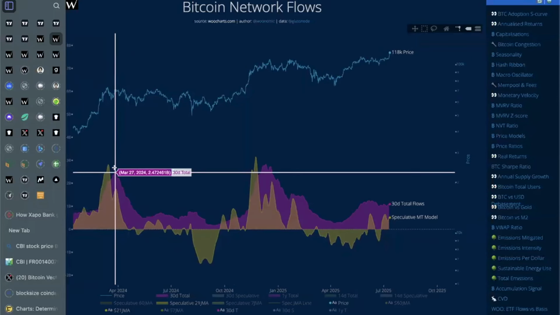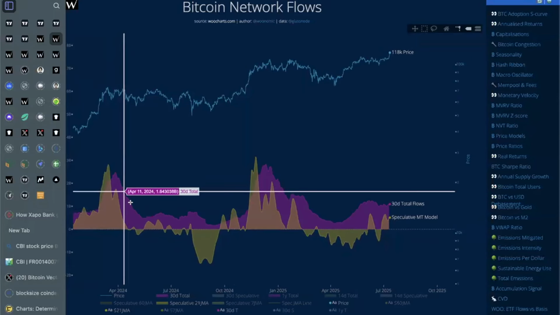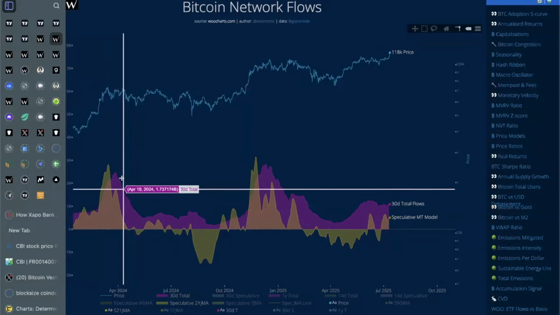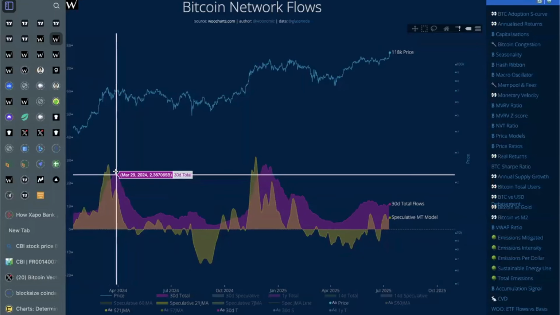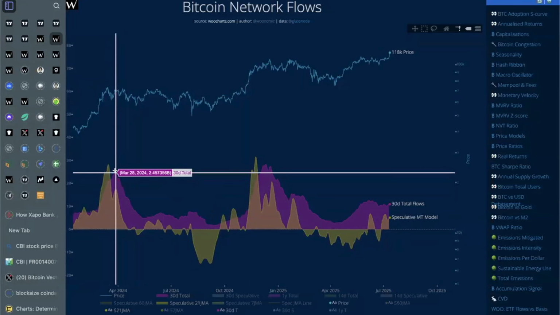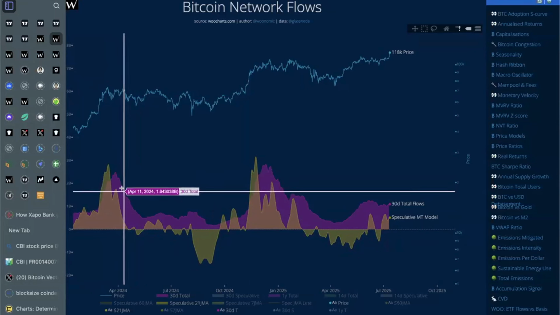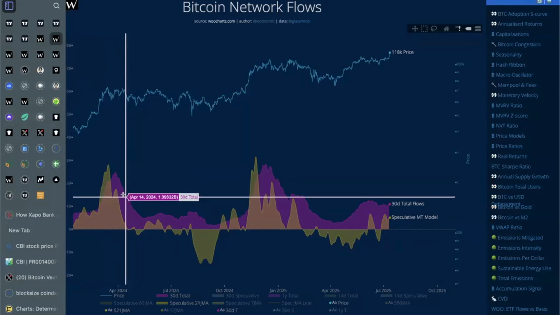You can see that when it rolled over, the incoming flows coming into the network are dropping away, and that's actually bearish. Even if, right now in this zone here, it's like $2.5 billion a day hitting the network. But the fact is, as the flows drop, that's not enough buying power to keep price up,